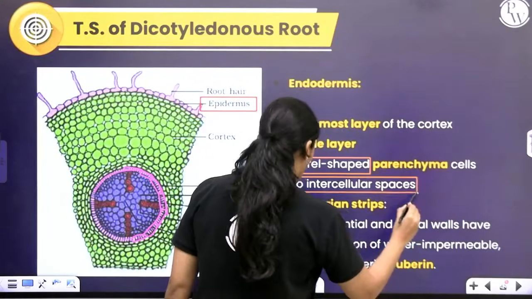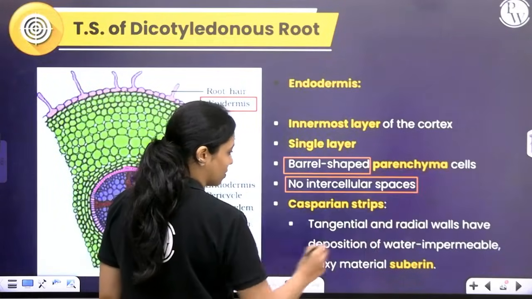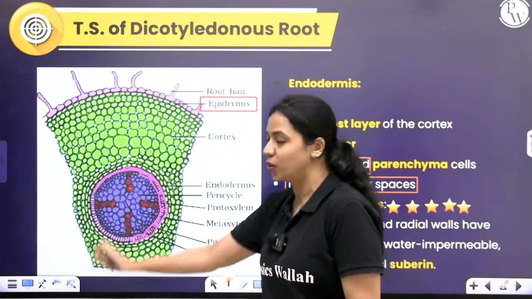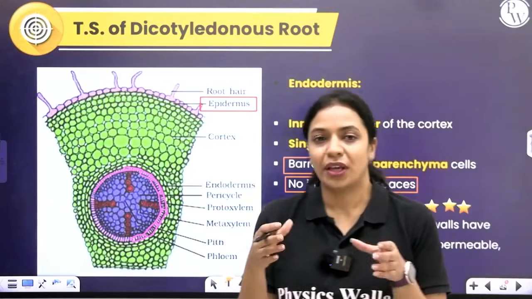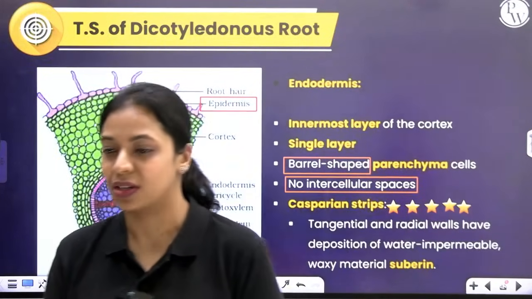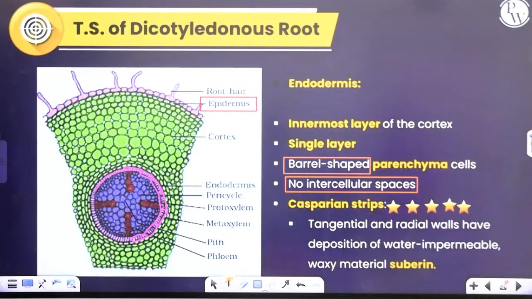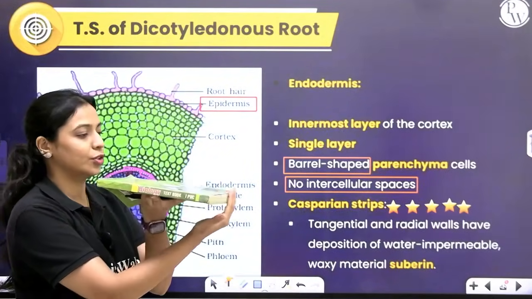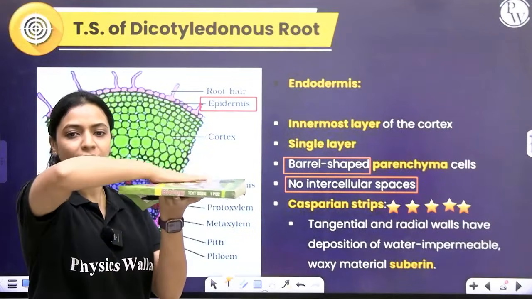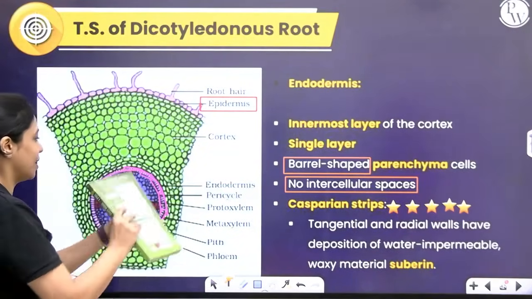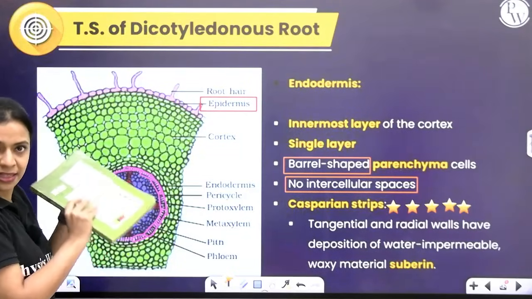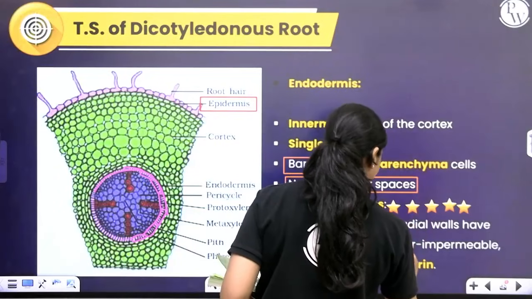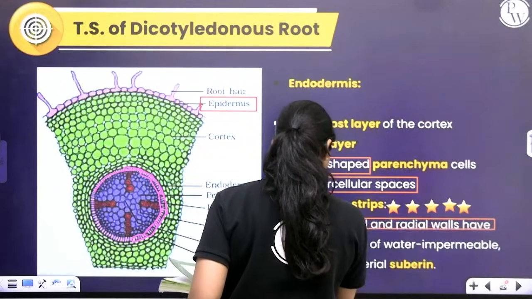One very important thing that you must remember about the endodermis in roots is that in the endodermal layer, if you think about a cell, the cell will have 6 walls, right? Because it's like a cuboid. How do I show this to you? For example, let's consider this to be a cell. So you have this wall, 2, 3, 4, 5 and 6. You have 6 walls present. Imagine this is one cell. In the endodermal cells of the root, specifically in the radial and tangential walls, what